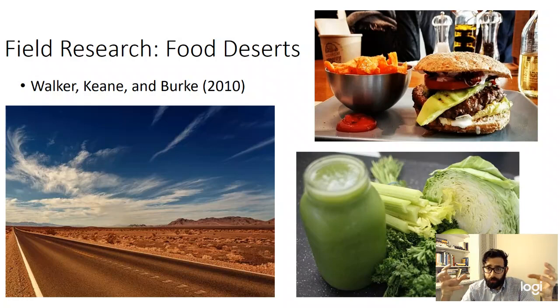And so we get out into the real world and get our hands dirty, in other words, and see what's actually there. Walker, Keene, and Burke give a good overview of the food desert research in 2010, and I'll show you that reference later.